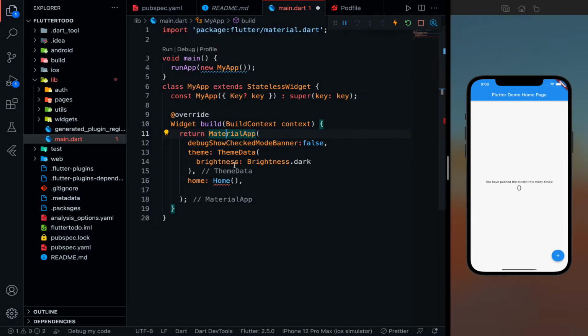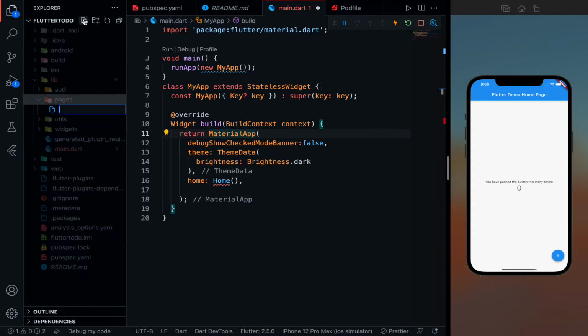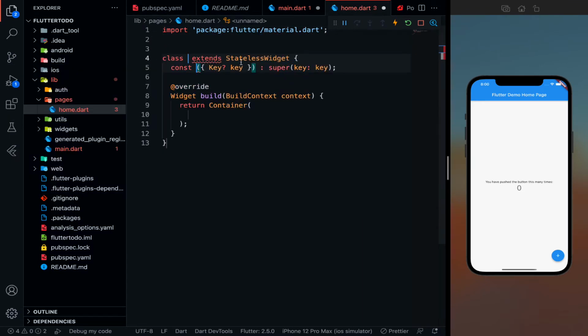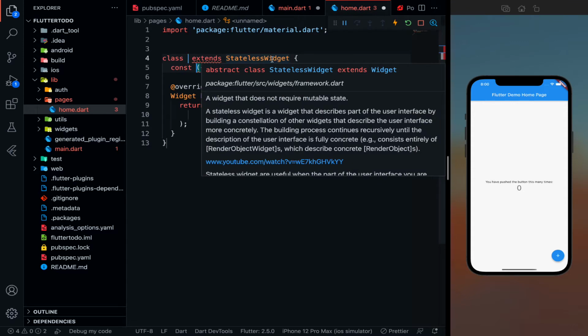So what we will do is in the pages folder, we will create a file called home.dart. In this home.dart, I'm going to import material.dart and define a stateless widget. What do you mean by stateless widget? When you have two widgets, you have a stateful widget and you have a stateless widget. I define a stateless widget when I don't want to change the state of my application. Let's say I defined a variable called a is equal to 10. In this screen, I don't want to change the value of a anytime. But whenever I'm defining a stateful widget, my variable will be changing. I will be able to change the state, right?